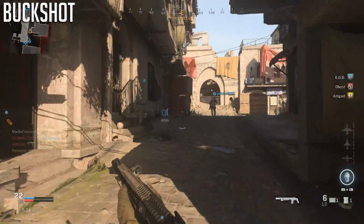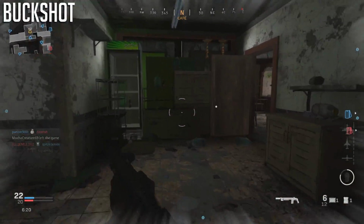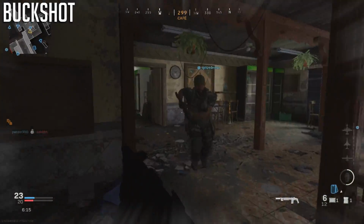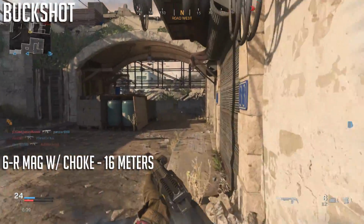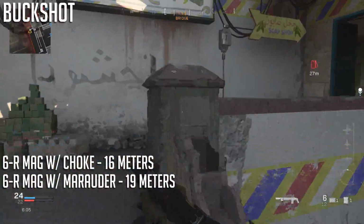As you know, we can't increase this range with barrels using the 6-round attachment, so we have to rely on muzzle attachments, and the 2 important ones here are the Marauder Suppressor and the Choke. The Choke increases the one-shot range for the base barrel and 6-round mag attachment up to 16 meters, basically 1 meter. The Marauder, on the other hand, buffed it up to 19 meters, and that's a pretty significant boost in